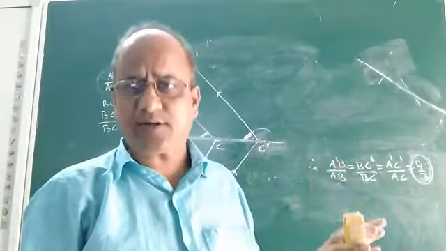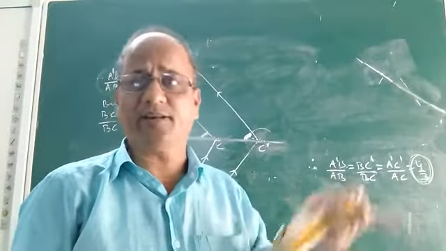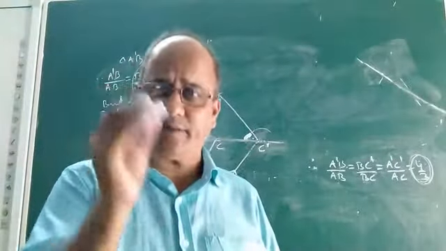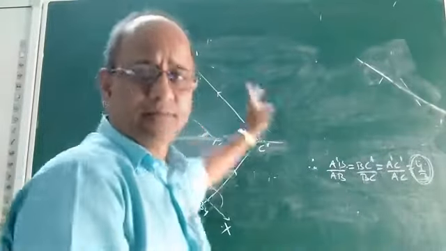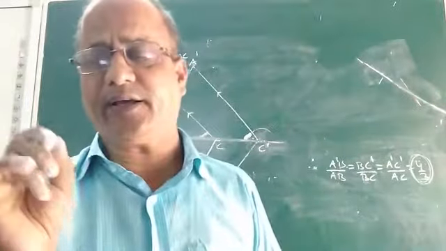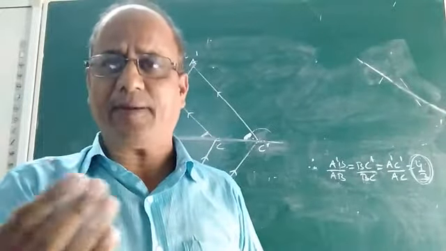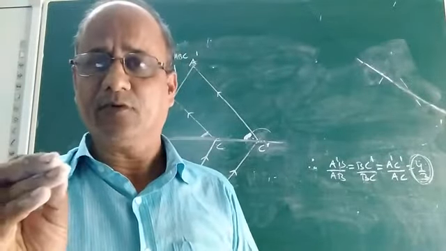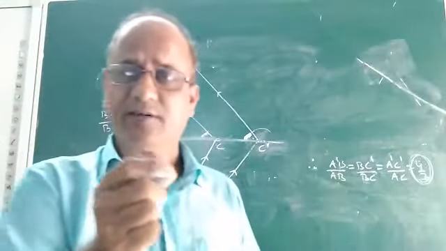This is how to construct a triangle similar to a given triangle with a given scale factor where the numerator is greater than the denominator. So if in the scale factor the numerator is greater than the denominator, how will you construct a triangle similar to a given triangle? These are the steps, and this is the algorithm and justification. Children, I hope you understood how to construct a triangle similar to a given triangle if a scale factor is given. Scale factor means the ratio of the similar triangle to be constructed to the given triangle.